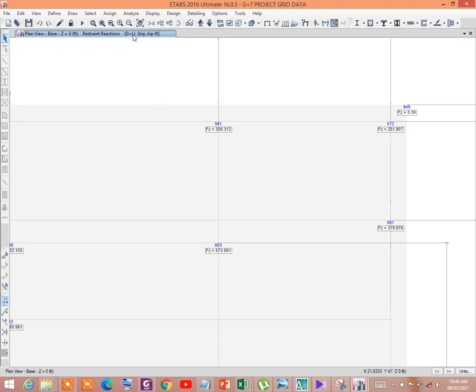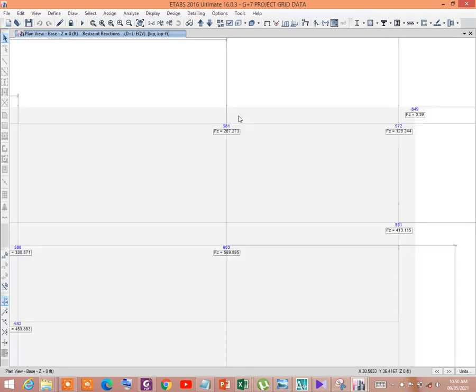You see that dead load plus live load combination gives 356. Then dead load plus live load plus wind gives 381. Thus various load combinations give various results, but we have to count the maximum one. But how can we do it? We can do it in ETABS very easily.